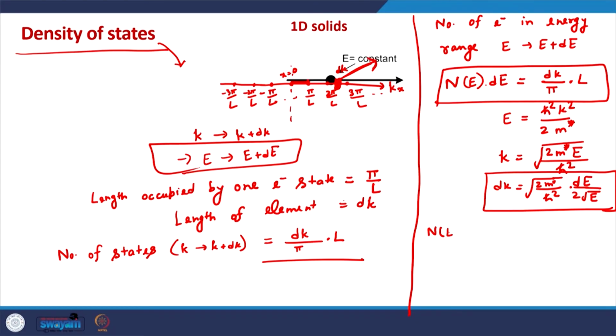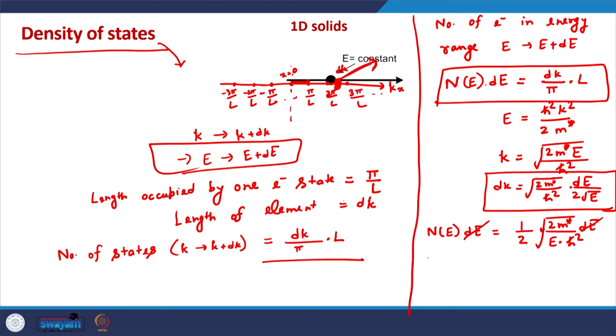okay. So, this number N_E dE would be 1 by 2 square root of 2 m star dE divided by E times h bar square. So, dE goes away. Now, what we are left with is,